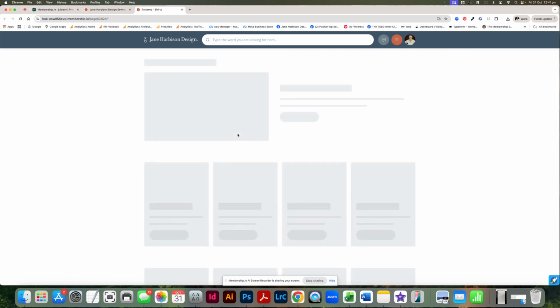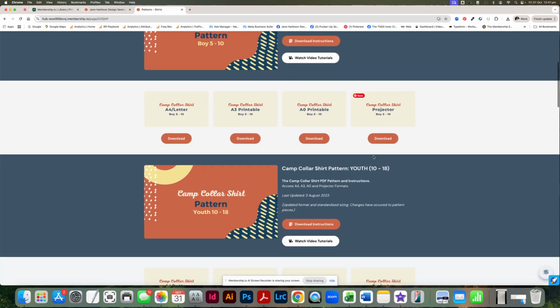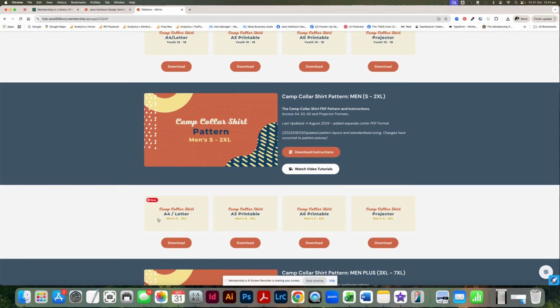So I'll press access here, and that'll bring up the sewing patterns for the shirts in the sizes that you own. Of course, I can see them all. So I'm going to scroll down and go to the men's, and I'm going to download the A4 and letter size. So we'll click download,